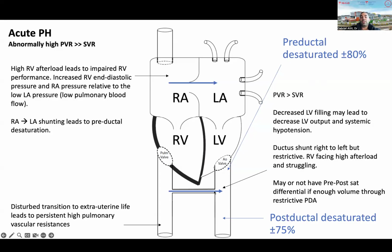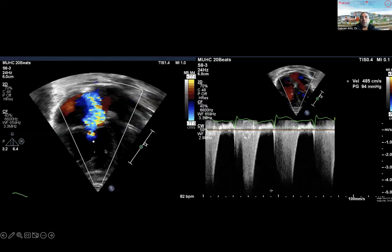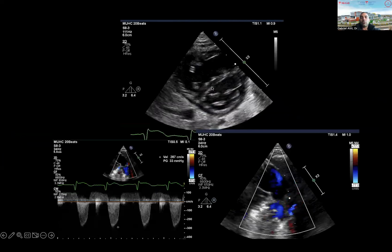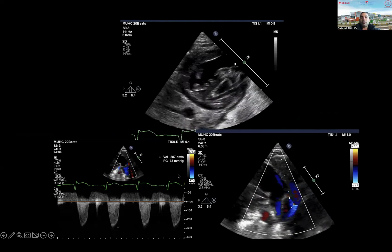And so these patients eventually, if they lack pulmonary vascular flow, the problem is that they will underfill their LA, and they are dependent on this right to left shunt to maintain output from their left ventricle, because otherwise they're completely underfilled. So these are patients often with struggling RVs that are very dilated, they're suprasystemic. You can see that there's a bowing septum. And in this particular case, there's a PDA that's right to left,